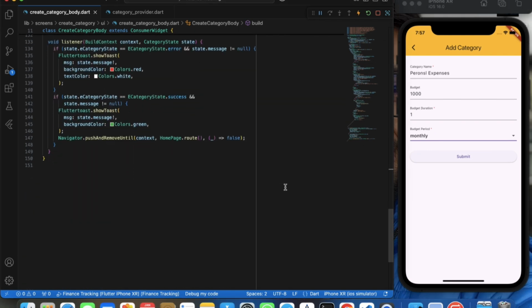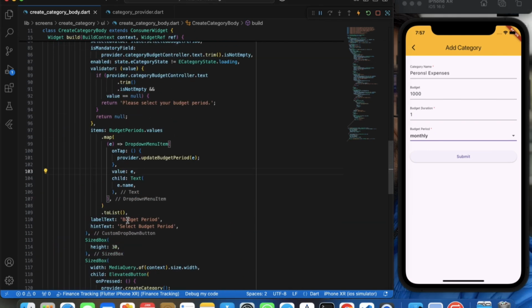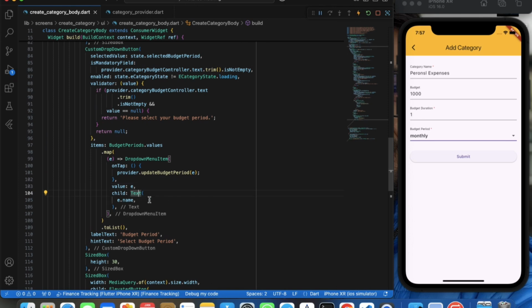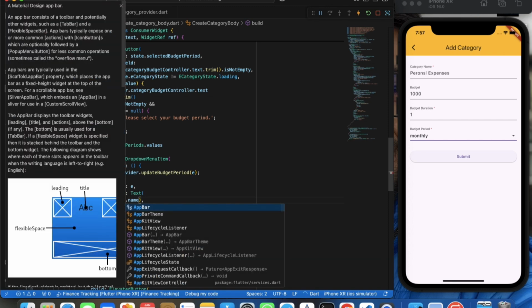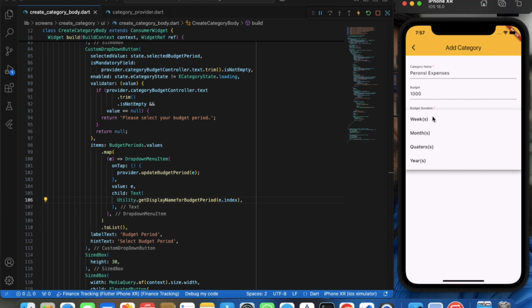Okay, also I'll refine it to, we have a utility dot get display name e dot index, and just check it. Okay, so we can just add a